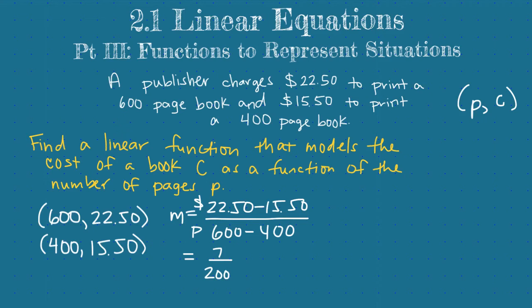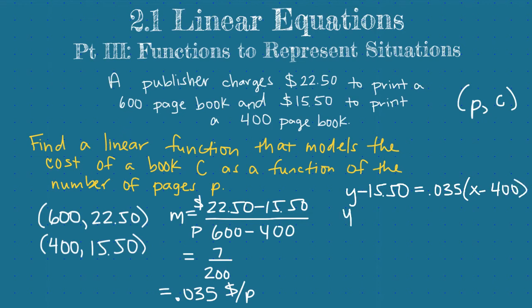Let's make that a little bit simpler to figure out. If we were to divide both of these by 2, we'd have 3.5 out of 100, which is 3.5 cents per page. Since we're in dollars, I will write it as $0.035 per page, but we know that that's 3.5 cents per page. All right, so now that we have the slope, now we can use point slope form in order to find the linear function. I'm just going to use this coordinate point just because the numbers are a little smaller. So when we use point slope form, we'll have y minus 1550, so that's our y coordinate, equals m times x minus 400, since that's our x coordinate. Then we'll distribute the 0.035 to get 0.035x, and then that times 400 is 14. Then we'll add 1550 to both sides